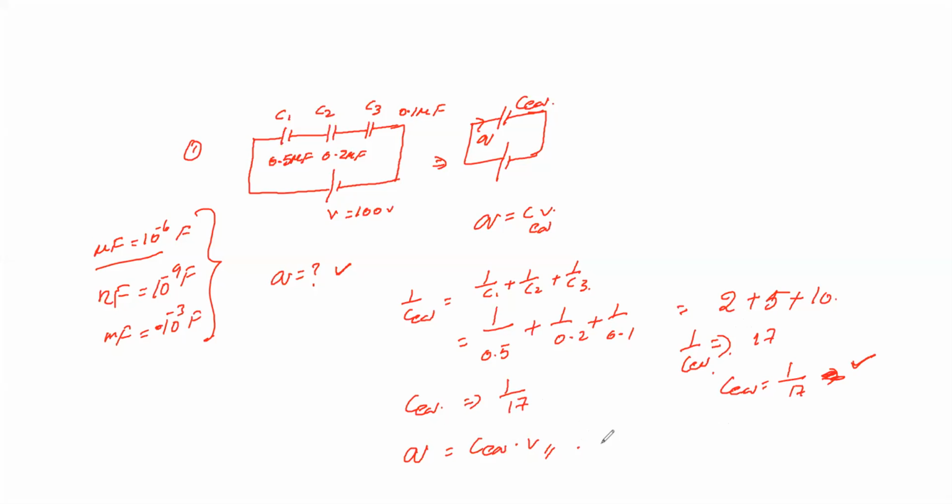Now, so we know the V. So C equivalent is equal to 1 by 17 and V is equal to 100. So the answer is 100 divided by 17. If you can able to solve it, keep it in fractions. And the unit is micro. Remember, capacitance microfarad na charge micro coulomb. This is your value. So now the decimal convert panda. I'm just keeping it in fractions itself.